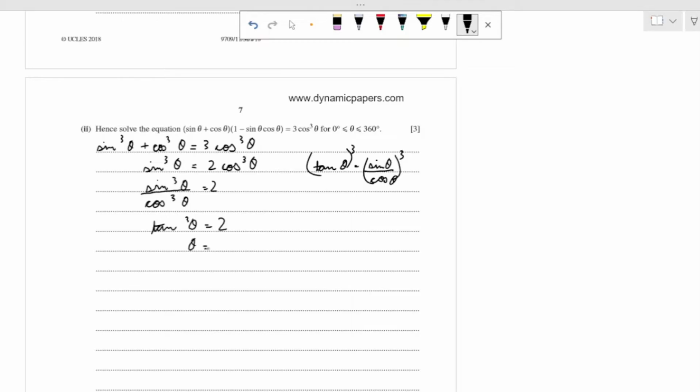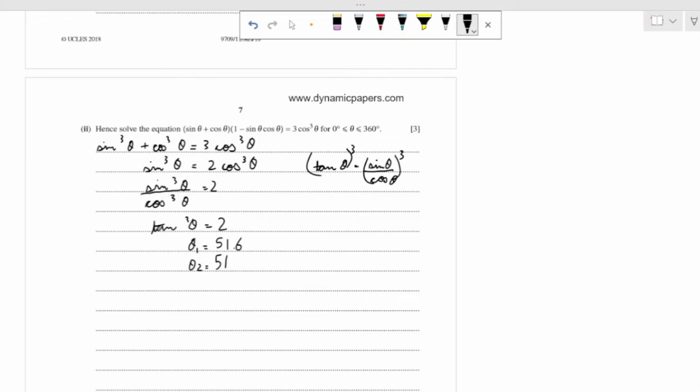And now when you solve for theta, you will get approximately 51.6, and this is not the only angle, because they have said hence solve the equation for theta to be greater than 0 degrees and less than 360 degrees. This is just one of the answers. You will have another answer which will be 51.6 plus 180,